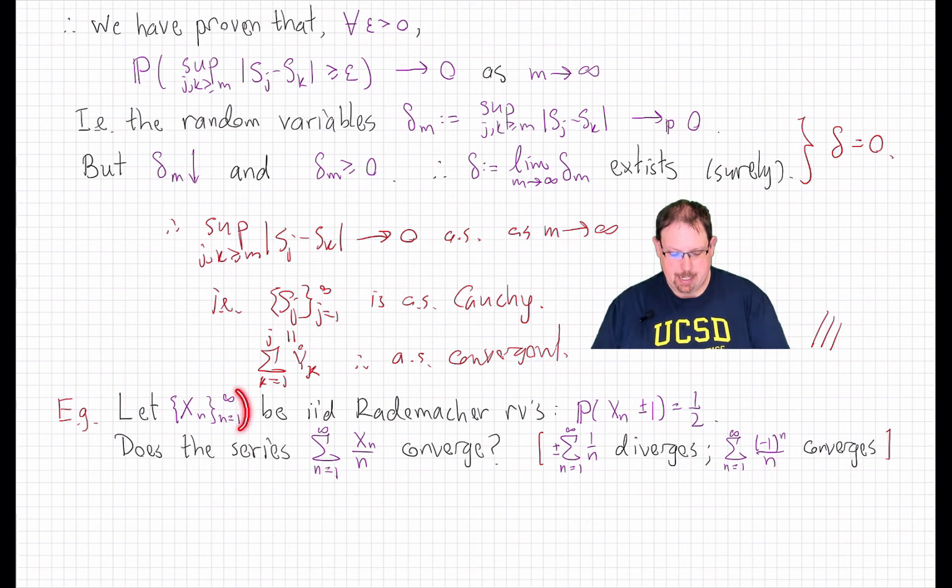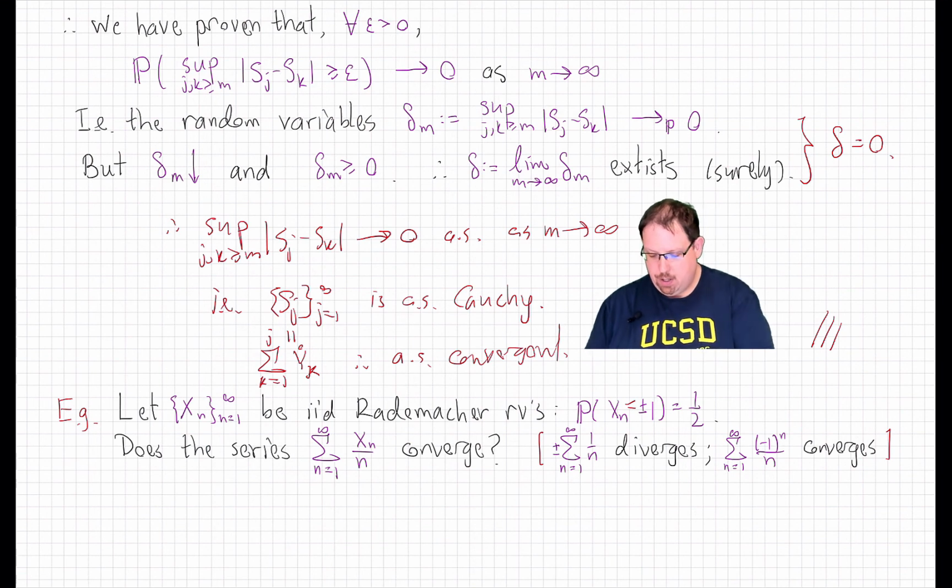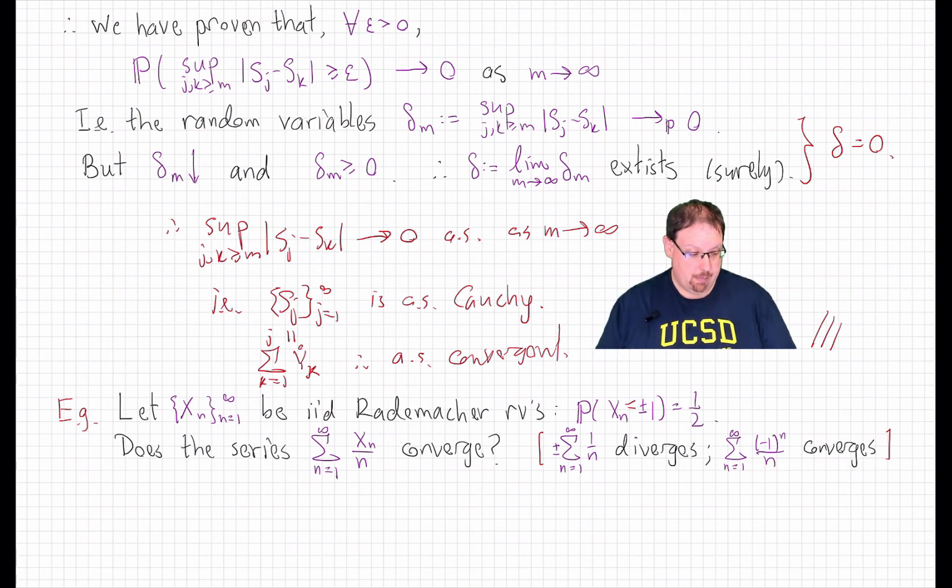That is, suppose I take Xn to be a sequence of IID Rademacher random variables. Rademacher are just Bernoullis on plus and minus 1 instead of 0 and 1. That is, X equals plus or minus 1 with probability 1/2 each. If these are independent from each other, then I'm just putting an independent random sign in front of each of the 1 over n's. And the question is, does that series converge or not? Does this behave more like the case where we have all 1's or minus 1's, or more like the case where we have alternating plus and minus 1's? Well, your intuition probably tells you the second one, and that turns out to be correct.